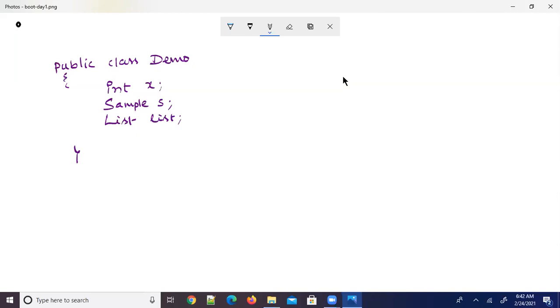Now this x is a dependency which can hold a value. This dependency is a value type. But when you take S, for example, Sample is one more class, and S is the reference variable. Because it's a reference variable, it can hold an object. So it is an object type dependency.